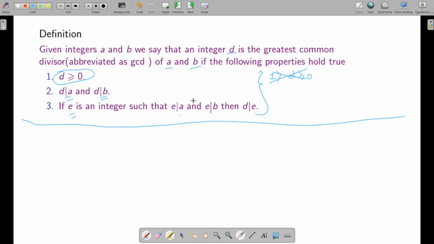Yeah, so given any other common divisor, I think I have made an error. Oh, I think this is a mistake here. This should be e divides d if I'm not mistaken, correct? That's right. I'm sorry, this is a mistake. It will be a mistake in your notes also. This should not be d divides e. This is e divides d. So d is greater than any other common divisor, so e divides d.